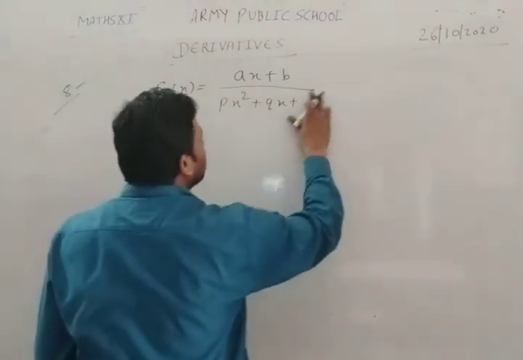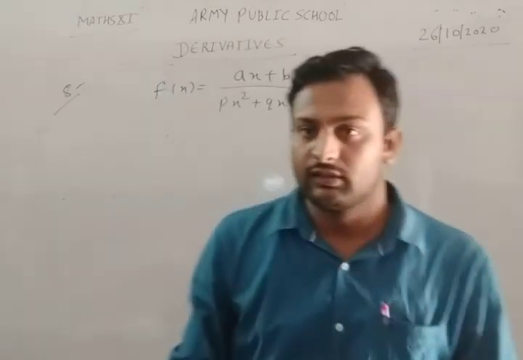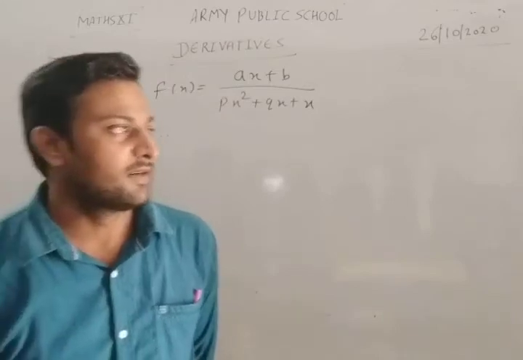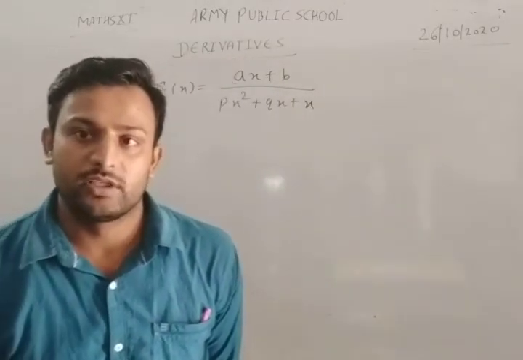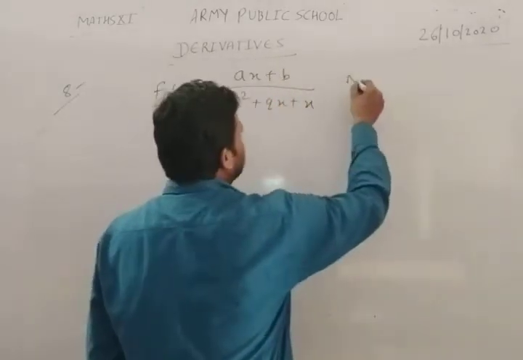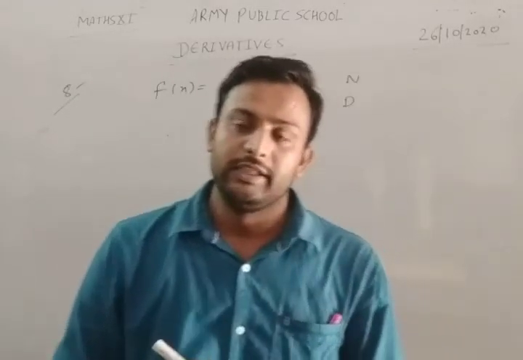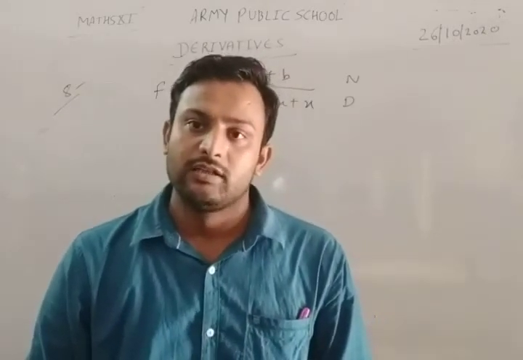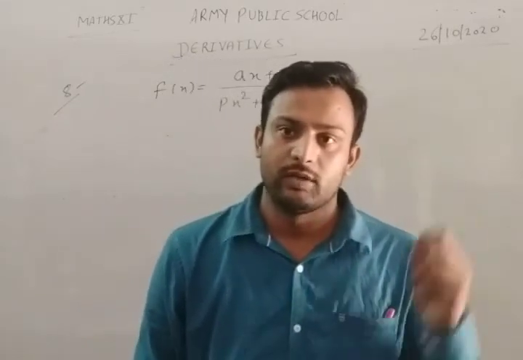Here is a function of x. We have to find the differentiation of this function. Look, what kind of function is this? This is a function of type u by v. So we apply the quotient rule: with n and d, the differentiation of n by d is d times the differentiation of n minus n times the differentiation of d, all divided by d whole square. So we apply it here and get,